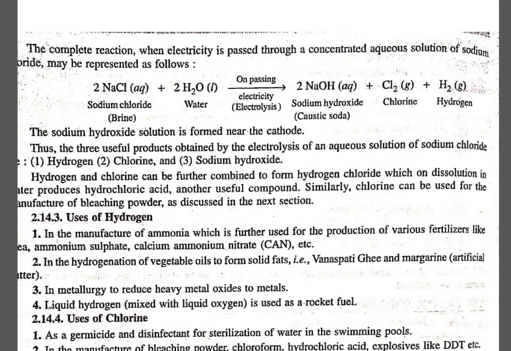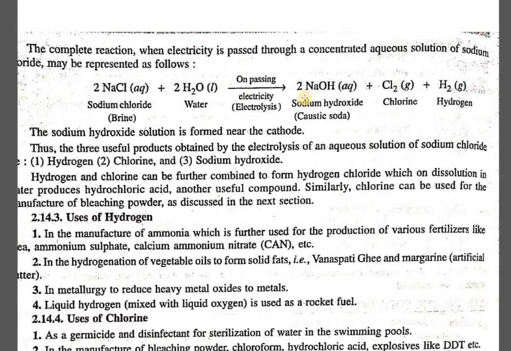So if you combine all the reactions which are given, you will find that the sodium chloride, which is actually the brine solution, undergoes reaction with water, because definitely when this reaction has to happen, the presence of water is necessary for the process of ionization. When we pass electricity by the process of electrolysis, we find the products are sodium hydroxide, chlorine gas and hydrogen gas. And for sure we have to balance the whole reaction so that we are able to understand the ratio in which the products are being produced here.